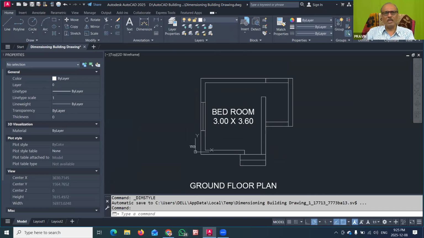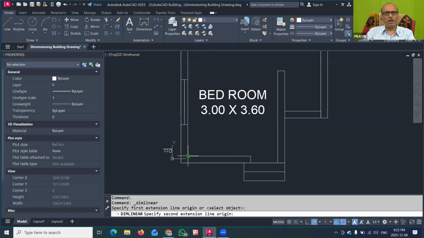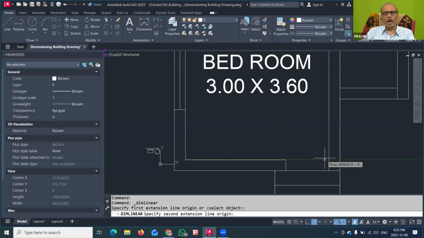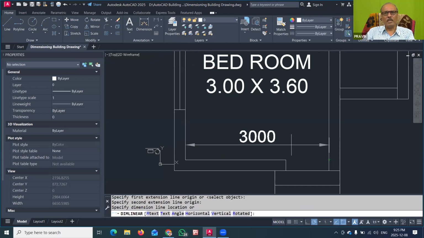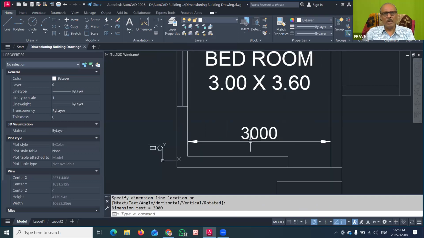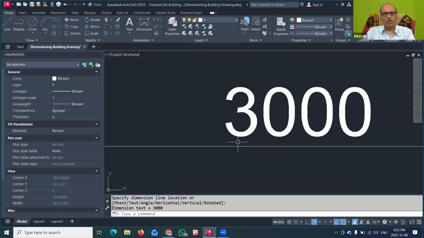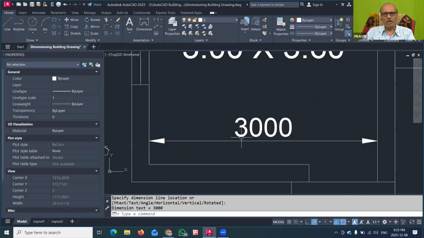Now you can just see that here I will try to give the dimension to this building plan. So here I will go to the linear dimension. I will click here, and now I will click this corner and this corner, and you can see that very nicely the dimension is shown as 3000. So you can see that it is appearing properly. The text height is 250 millimeter, and the distance between the dimension line and the text, this is the gap. So this gap should be 50 mm, that already we have given in the style creation dialog box.